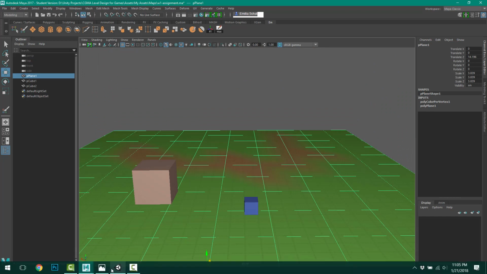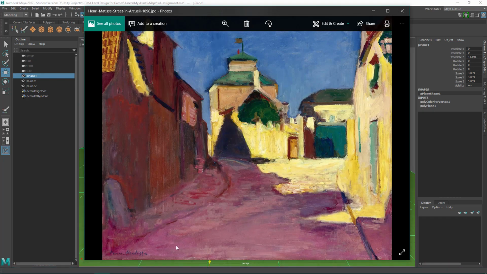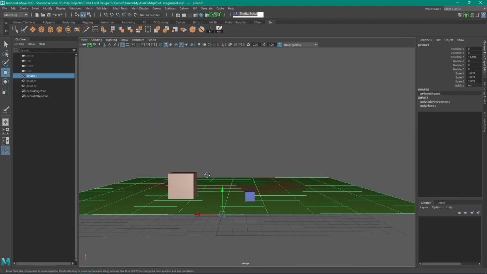So if we look at our scene, our image, our inspiration here, we have this road slope upwards, and then we're going to have some buildings up there. Let's go ahead and get started with, let's see,